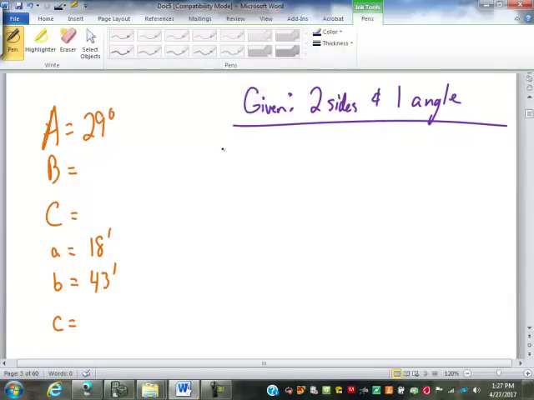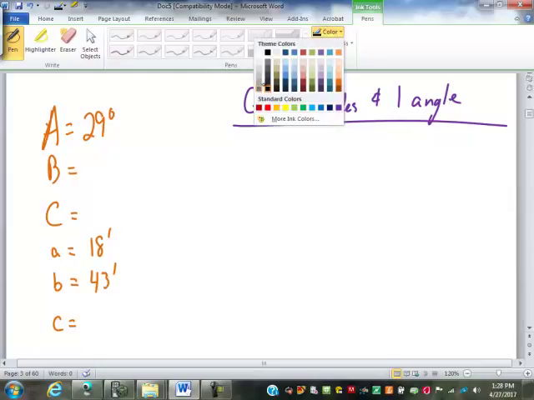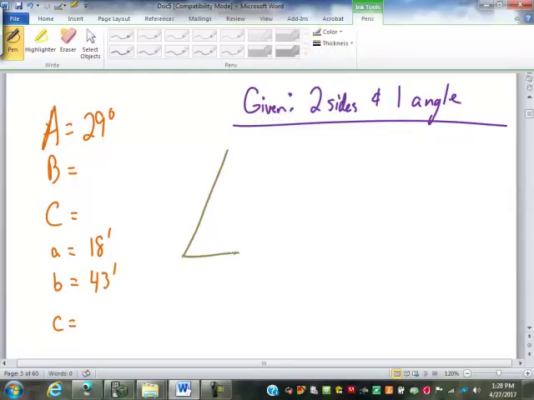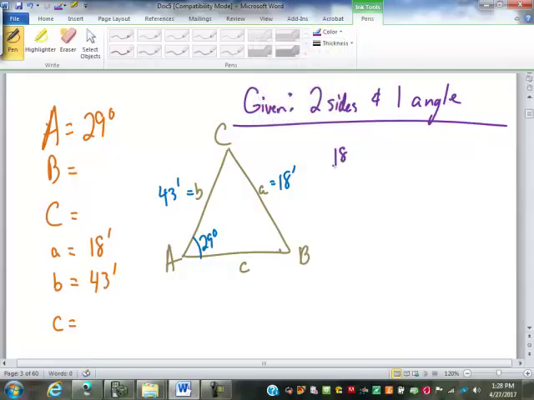Now based on that information, let's try to draw a triangle. We're not given the triangle, but we're going to draw it based on what we were told in the problem. So I put it in gray. It's not black given, it's in gray. So A is 29 degrees, obviously not drawn to scale. A is 18 feet, B is 43 feet. Do I have a side and its opposite angle? Oh yeah. 18 over the sine of 29. Now I only have the other side, so 43 has to be used here. It's going to be over the sine of